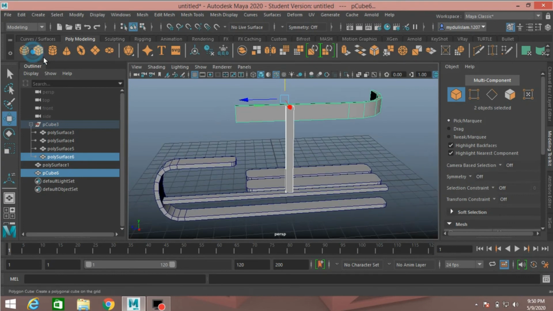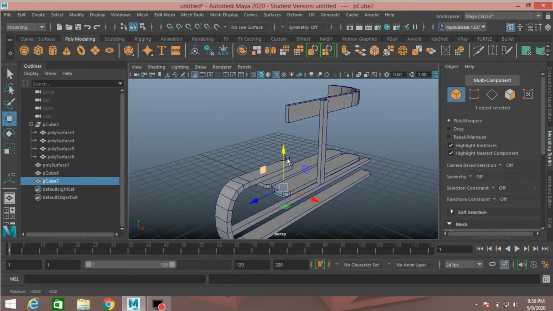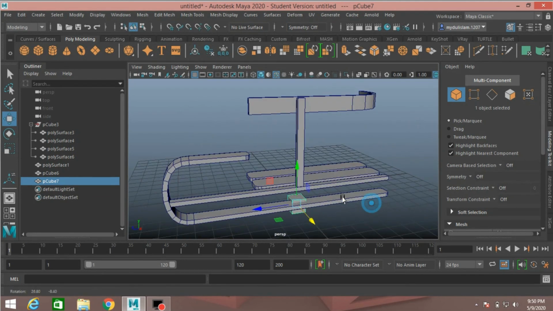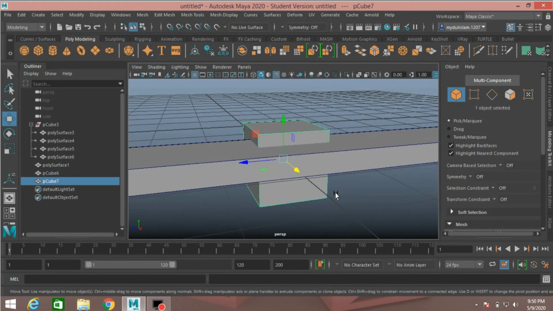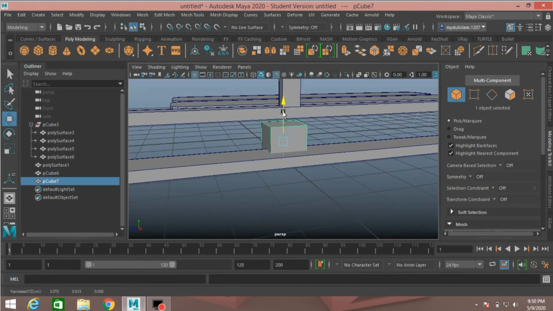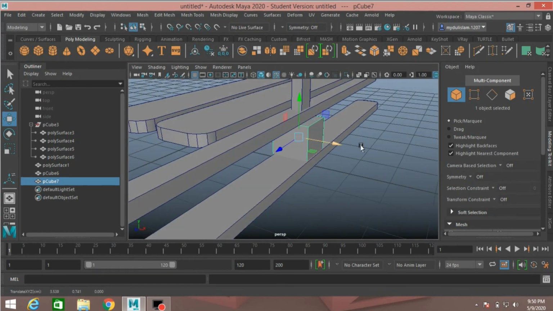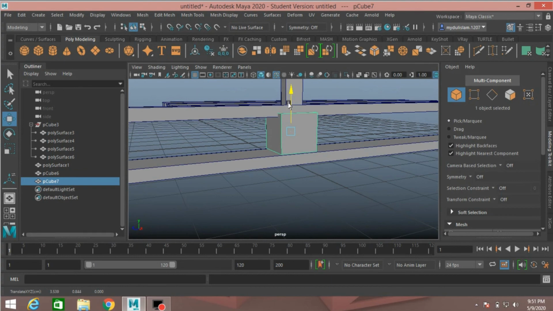Again, take a polygon cube and move it just here. Press F to zoom or focus in. Again, move it up just like here. Move it here. Move it up.